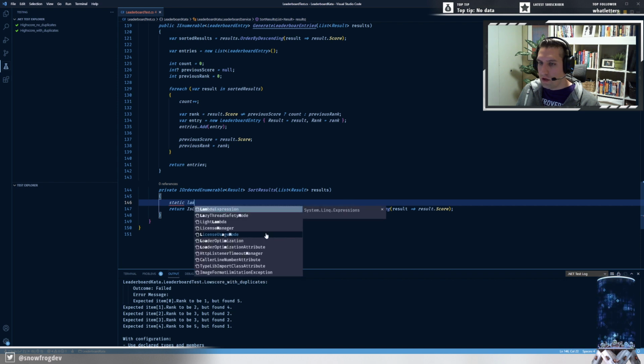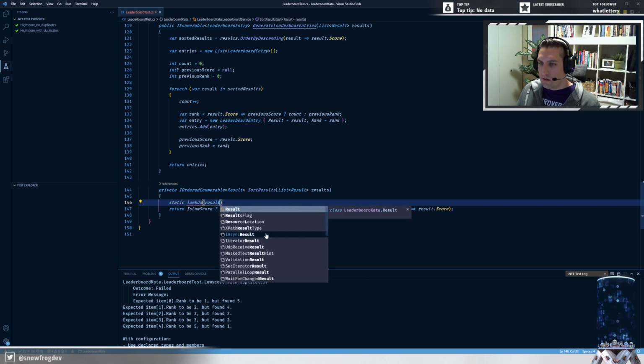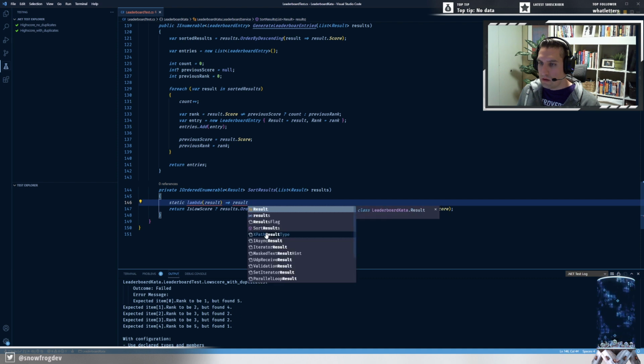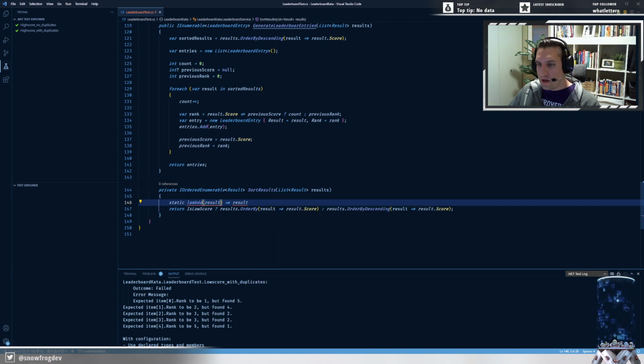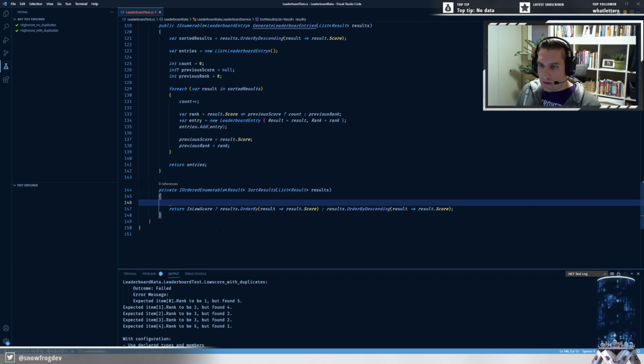What would I call this? Lambda. I guess it's not a lambda, it's a static function, but it takes in result, returns result. No, stop trying to help me the wrong way. Oh, right, no. Oh, hold on. How do you do local functions? Okay, let me do